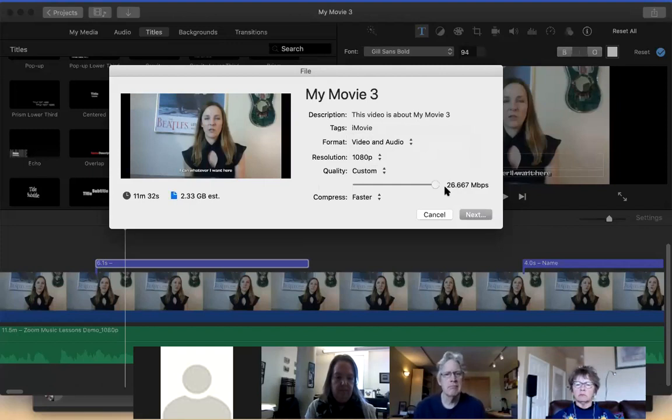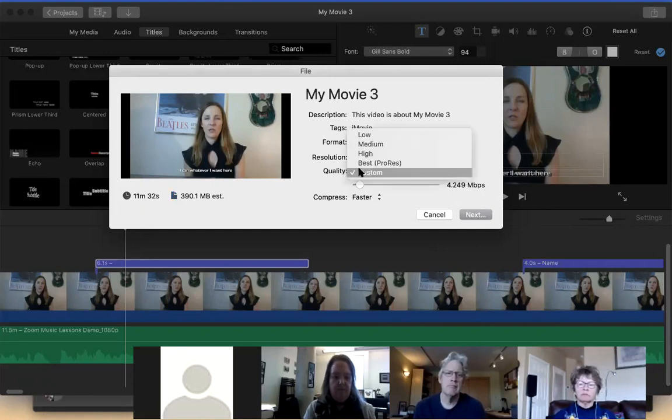You can try different settings to see what works for you. But in general, I would use it to adjust a file size to something that's useful to me. Until you get down really, really low, super low down here, you probably won't notice any difference between a lot of these, depending on what you're using it for. I mean, if you're trying to play it over a big screen TV or in a movie theater, it might make a difference. But in general, on the internet, almost any of these is going to be fine, as long as it sets it to a file size that's manageable for you. And you can see how that changes on the left-hand side here as I adjust this.